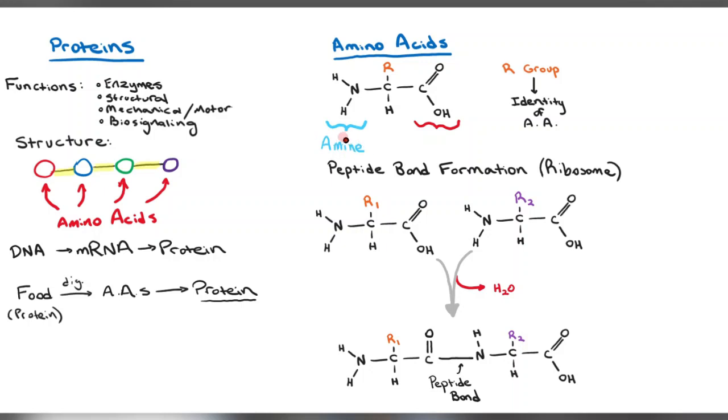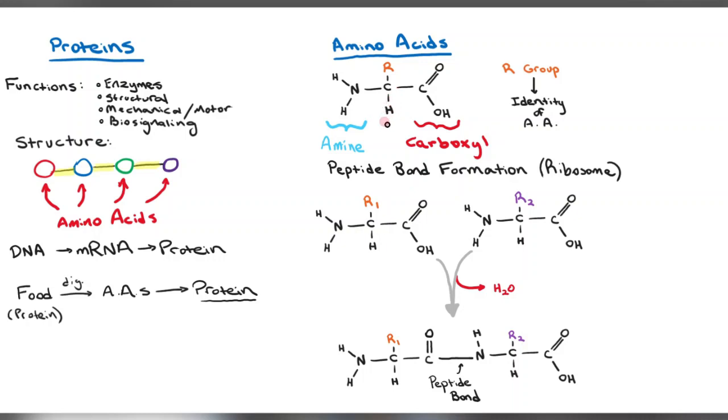All right, now looking over here on the right side, we have one carbon atom, right, which has two bonds to an oxygen atom, and then it's also bound to an OH group, okay, which we also call a hydroxyl group. This group of atoms together is called a carboxyl group, and you might also hear it called a carboxylic acid, right? So that's the second group that's bound to the central carbon. Then we just have a single hydrogen atom, okay?